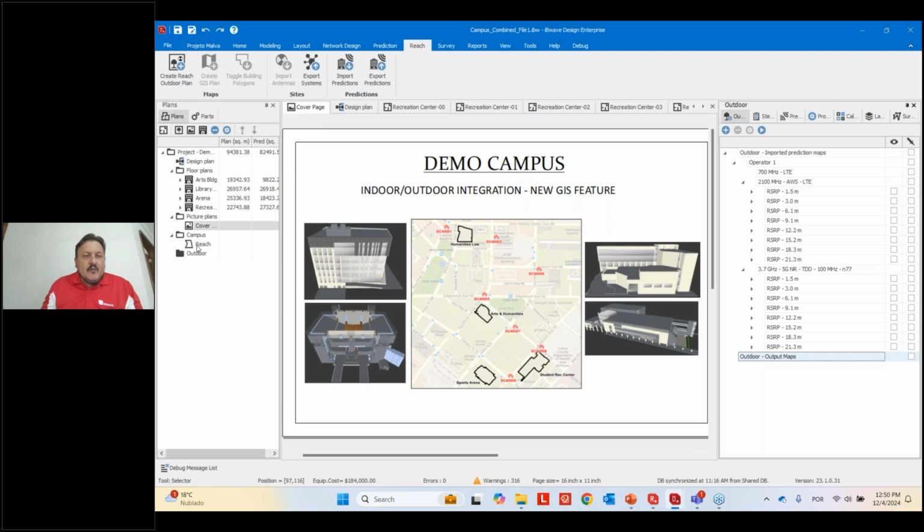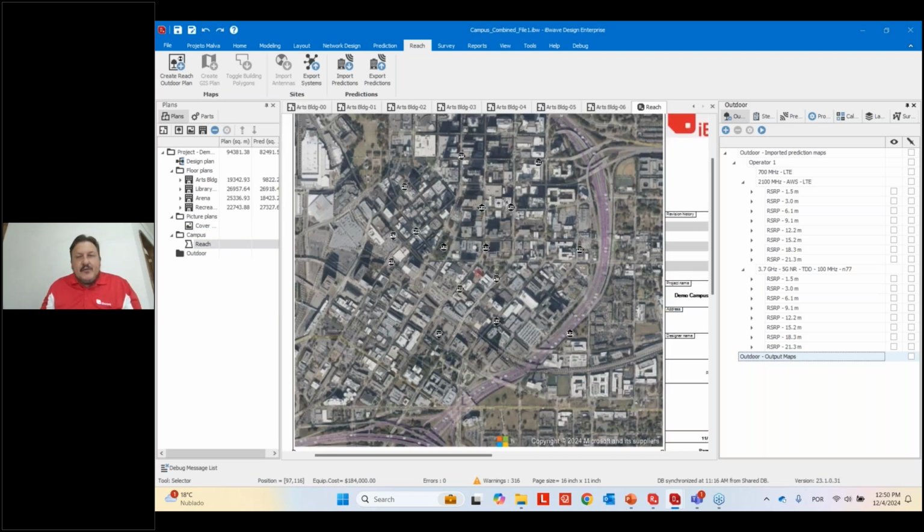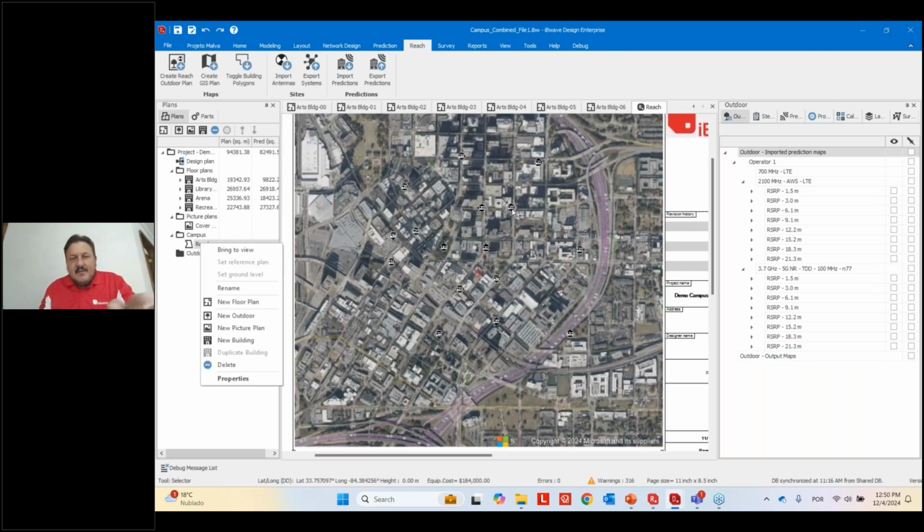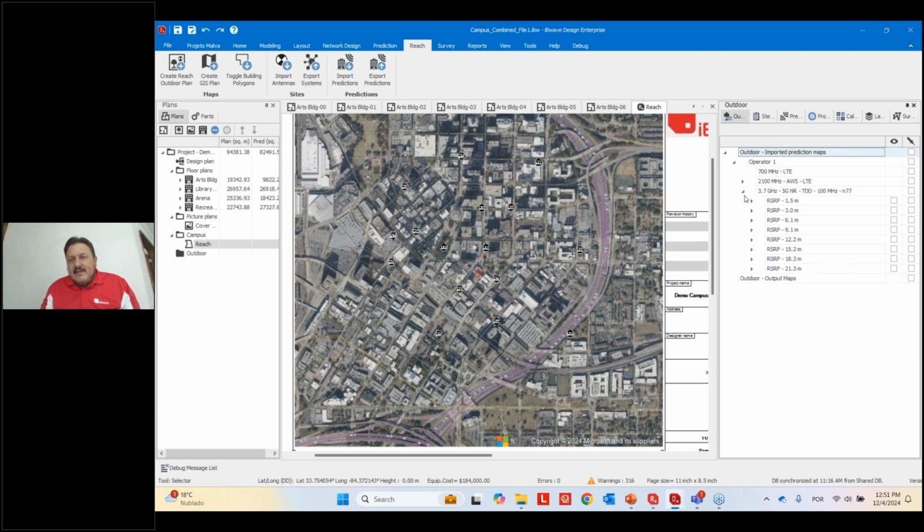The Reach outdoor plan will reproduce here in iBwave design the same information that we have in Reach. So we will see exactly the outdoor map here. We can see the same sites, the same macro sites here in the map. And here we can see all predictions imported in different heights in both technologies. But now